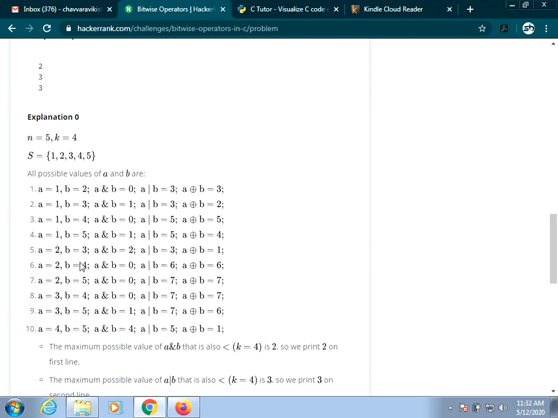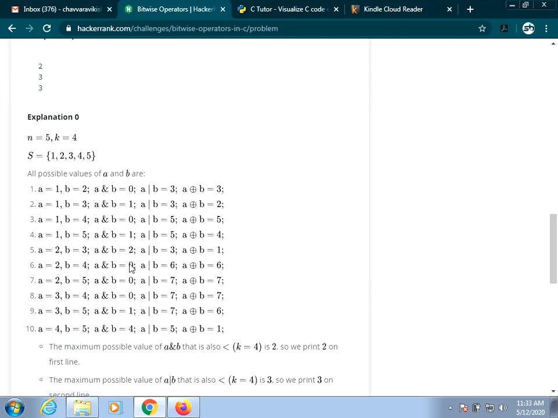That is, you have to start A from 1 to 4, you have to start B at 2, and you should end at 5. That is, first time it will be 2 3 4 5, next 3 4 5, after that 4 5 and 5, like that. You should be seeing the repetition here. Next you'll be getting the results like this, A and B. Among these bitwise AND operation results, you should find the maximum value which should be less than k.